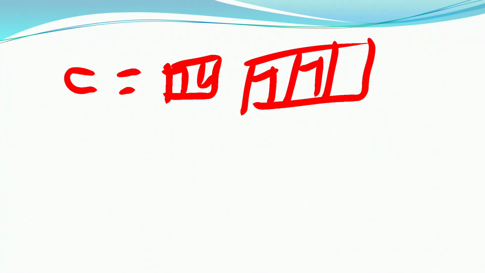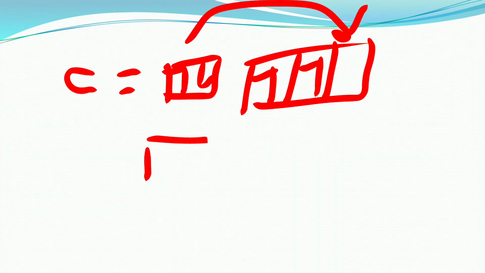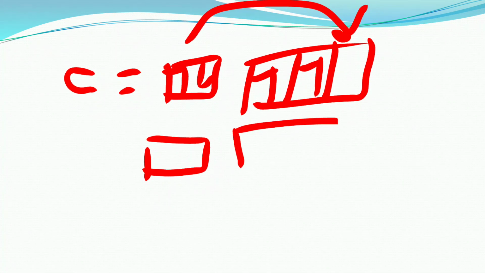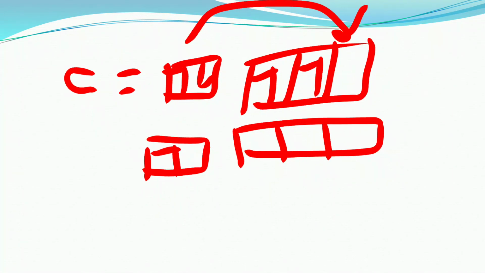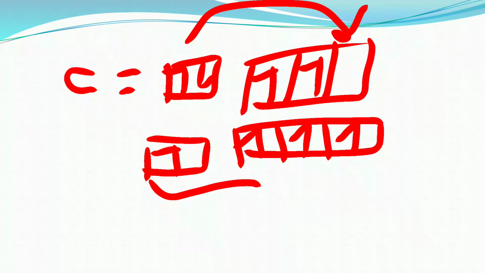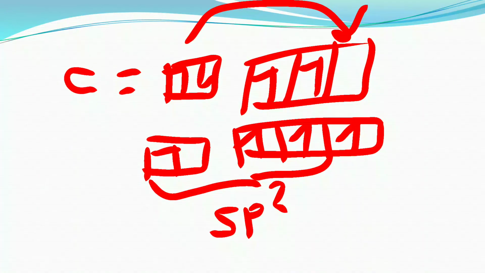In a hybridized state, what happened? There is an excitation of one electron from the s orbital to a p orbital, and here we get the hybridized state like this. One electron here, and we already have one electron, and this one electron is excited to the p orbital. But here this one s orbital and two p orbitals are combined together, and there is a formation of sp2 hybrid orbitals, and that's why it has sp2 hybridization.